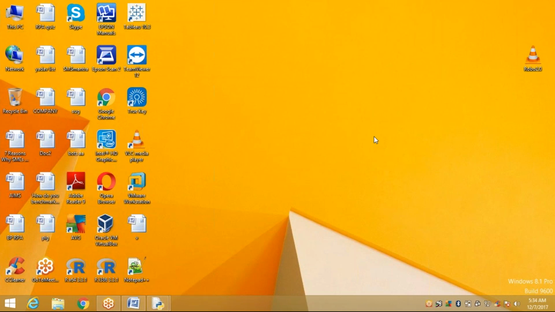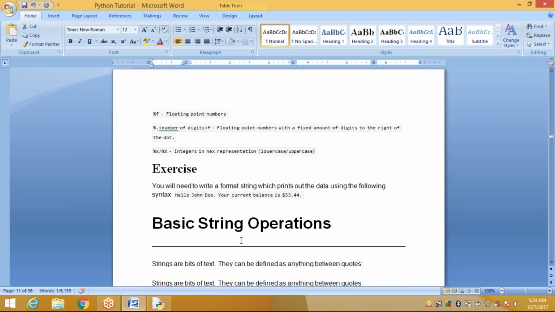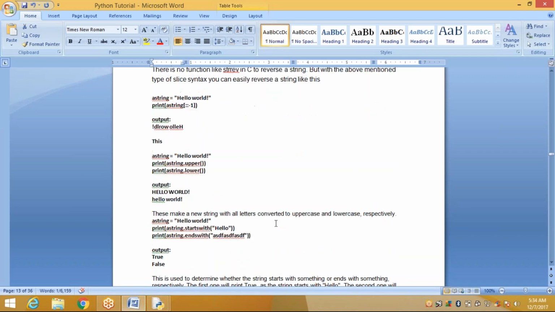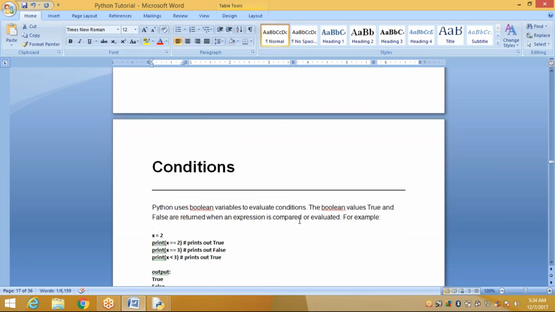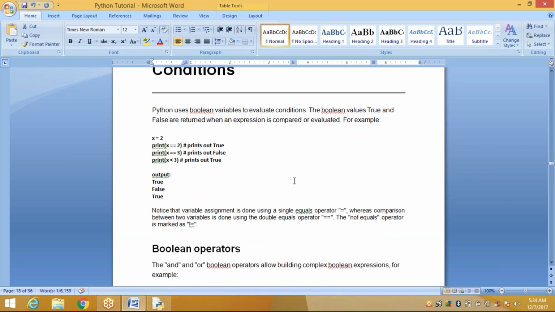So today we will wind up. Tomorrow we will start the remaining parts: different types of strings, the string formatting, join, replace, and some other things, append, concatenation. After that, we will go to the conditions, conditional operators.